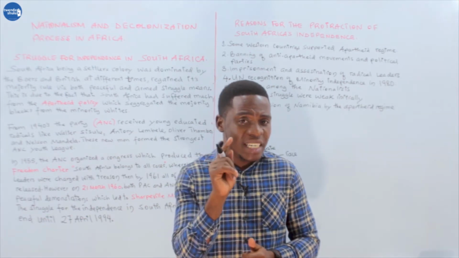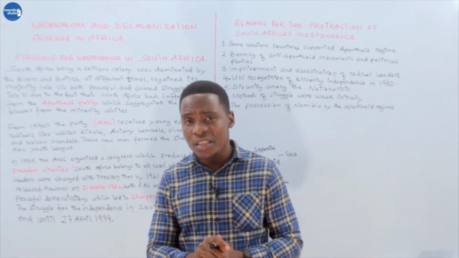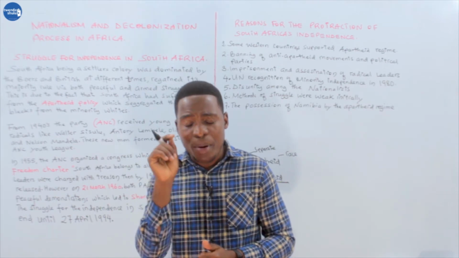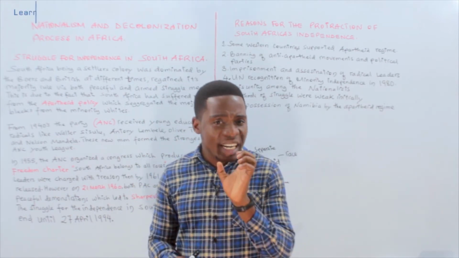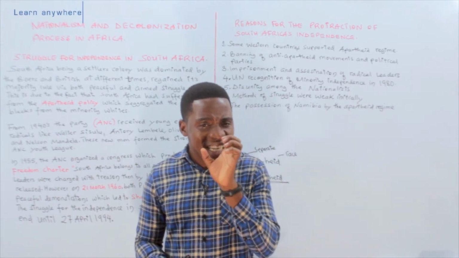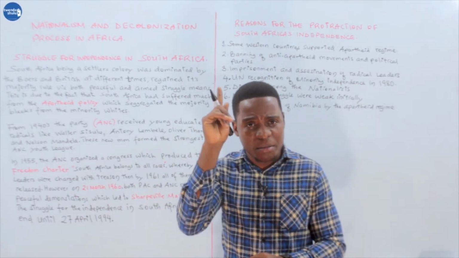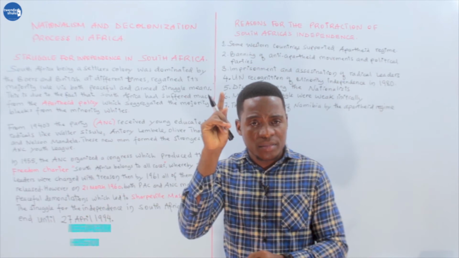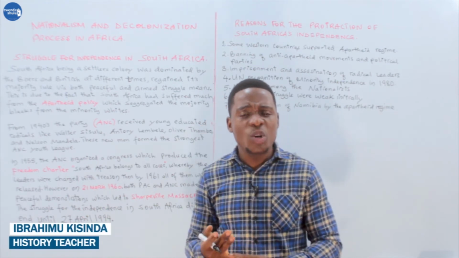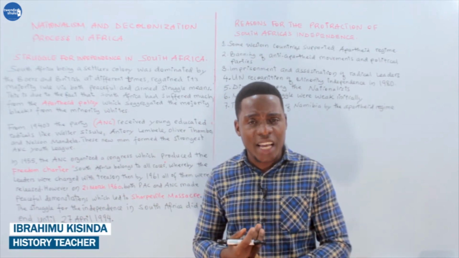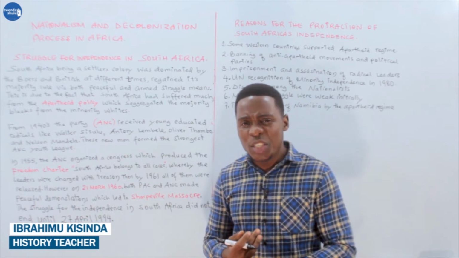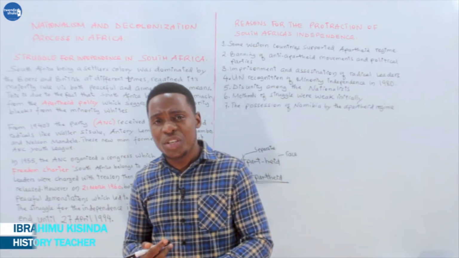Africans were segregated in the social services. We were segregated in public transport. We were segregated in school. We were segregated in all spheres of life. Even the toilet, they were not allowed to share. It was illegal to have sex between black and white. It was illegal to have marriage between black and white.